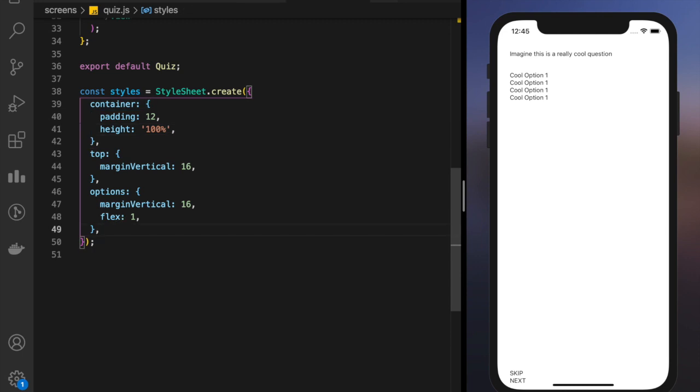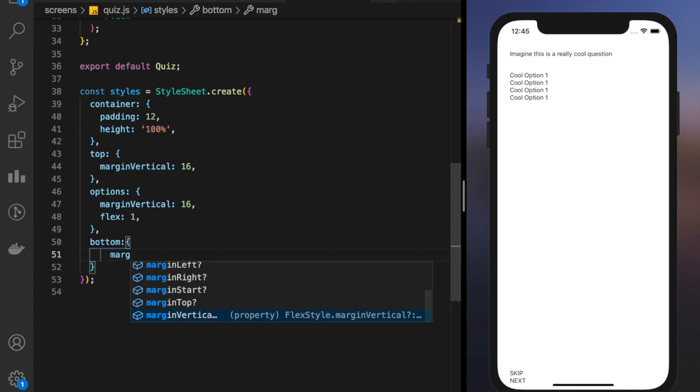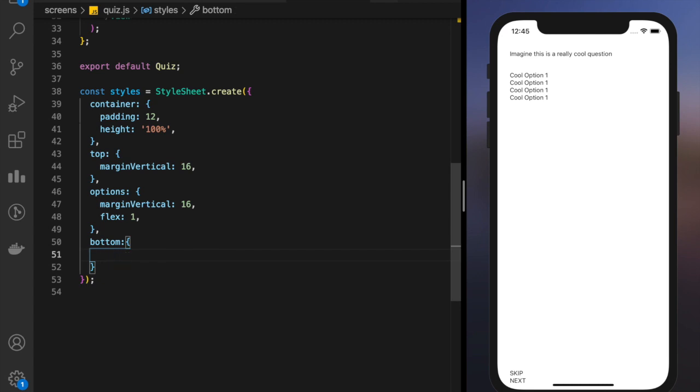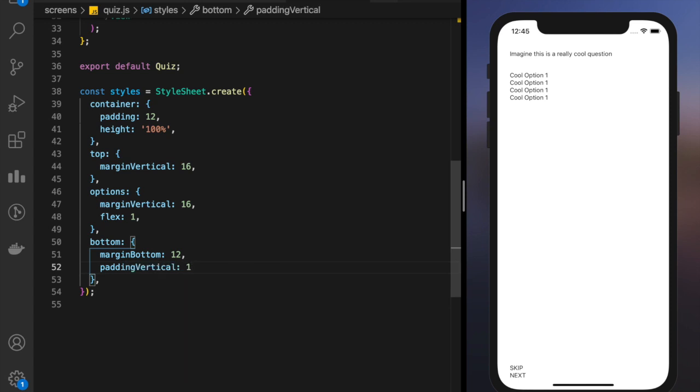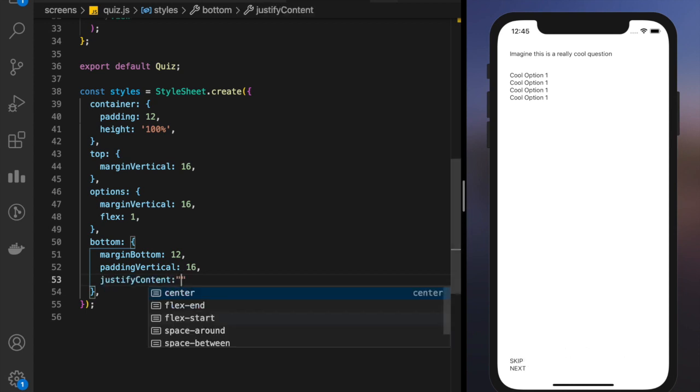So it's much easier to design these now. So I can give it a margin of, sorry, not margin, as since they are at the bottom, let's give it margin bottom, let's say 12, so that it is raised a little, and let's give it padding vertical of 16. You can see I'm using only 3 numbers, 12, 16 and 20. It's a good practice to use a fixed set of padding and margin values in your application. I want these two buttons to be displayed on the end, so I will write justify content space between.